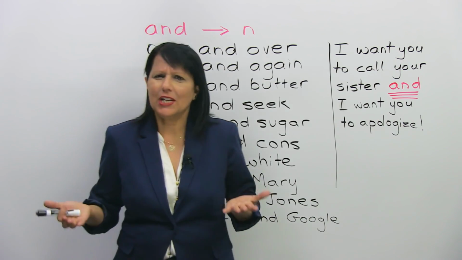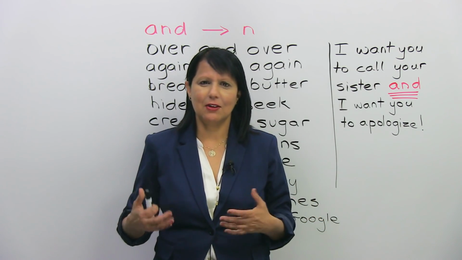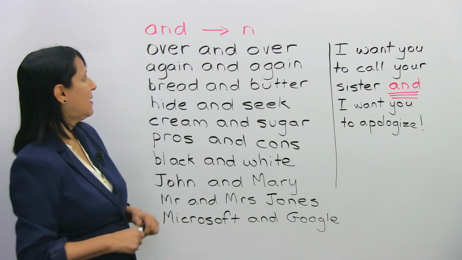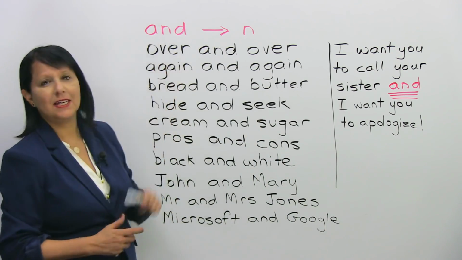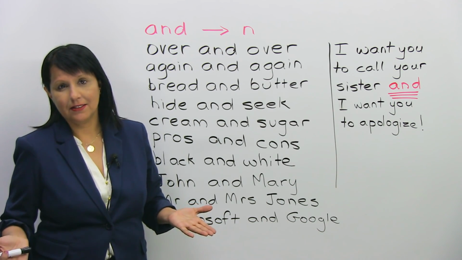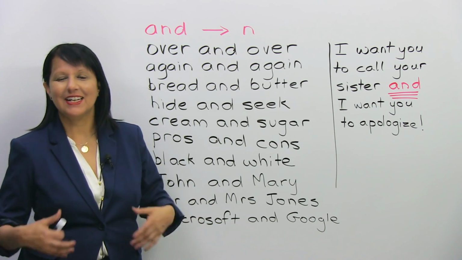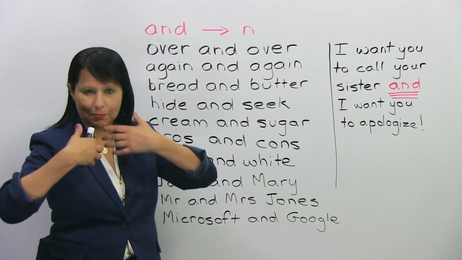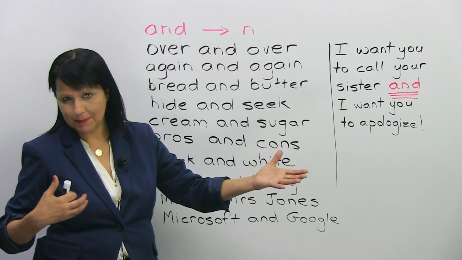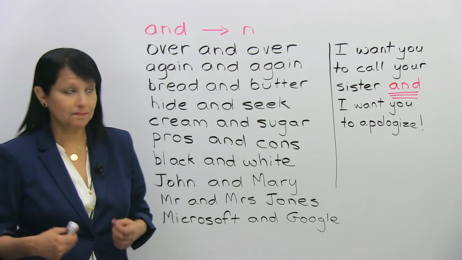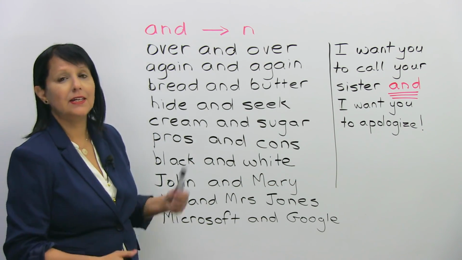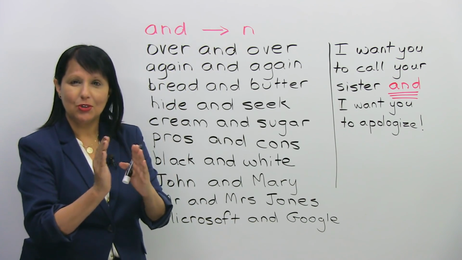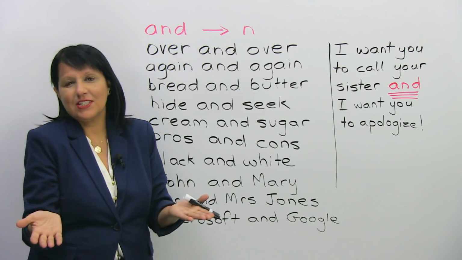So, what's this little change that you need to make to sound more like a native speaker? Let me tell you. Let's start with and. Now, if I just say this word, and, then of course you're going to say it like that, and. But we don't usually just say that word. We say it as part of a sentence or part of a phrase, right? So what happens then? What happens is that this entire word and is reduced or shortened to sound just like